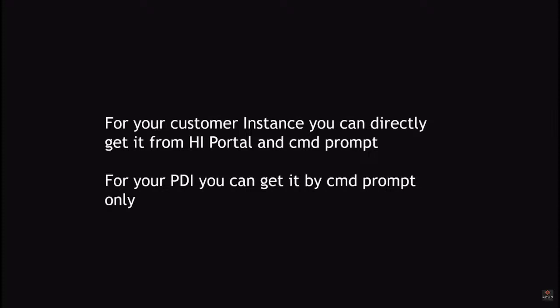Or you can get the IP address from the command prompt. For your personal development instance also, you will get it by command prompt only. We don't have the HI Portal for your personal development instance, or ServiceNow will not support it for your personal development instance. But if you get an IP address from the command prompt, that is not an integration IP, or it's called a third-party IP address. So with that IP address, you cannot